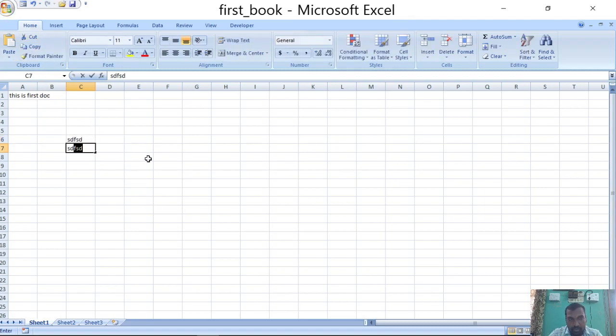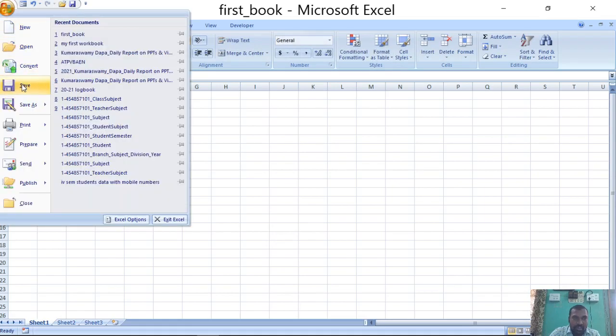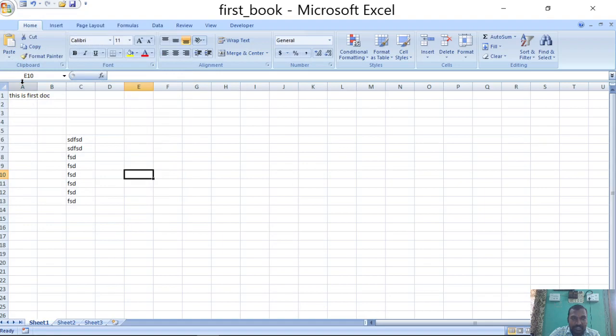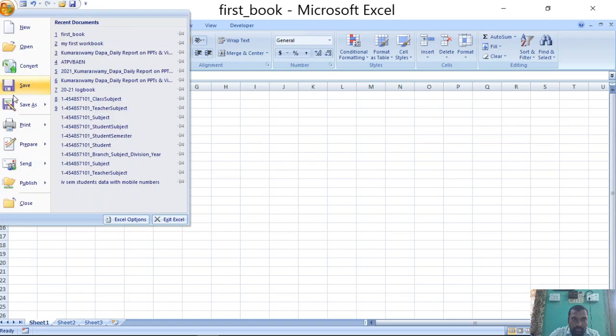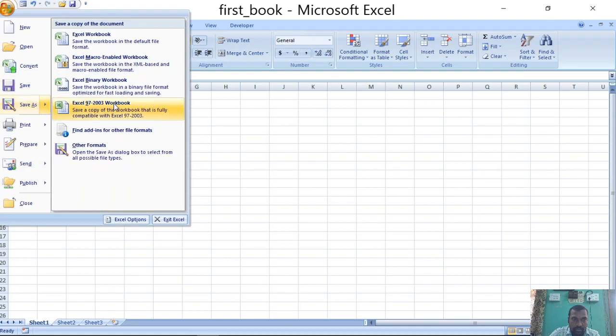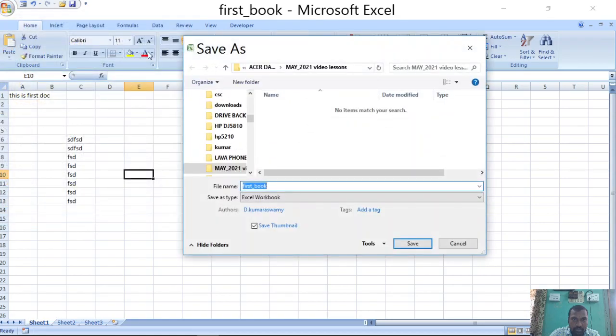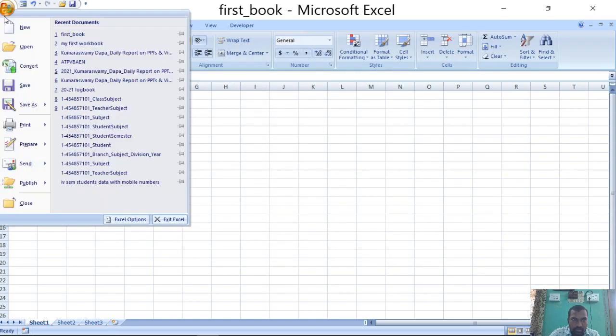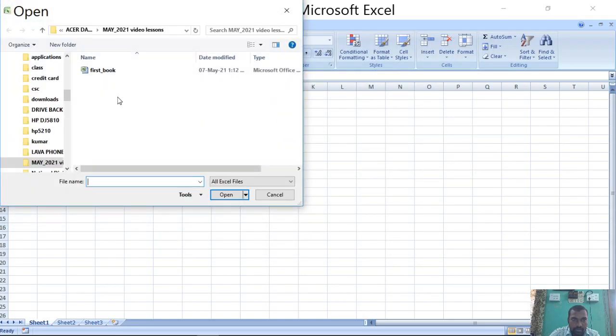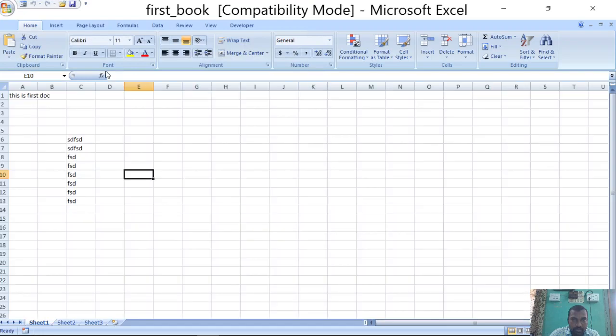If you do any modification on this document and try to save, right now that workbook will be opened in 2007.